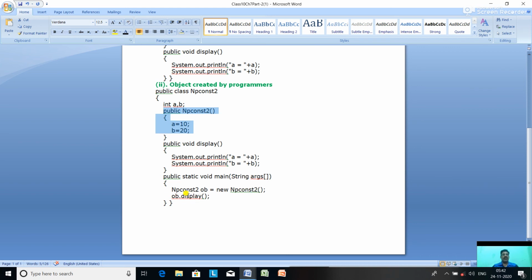The display is an ordinary member method, so it can be called like this, but the constructor cannot be called in the main method because as the object is created, this constructor is invoked and executed. A is assigned with 10 and b is assigned with 20. Then we are calling the ob.display method. It prints the value of a equal to 10 and value of b equal to 20.